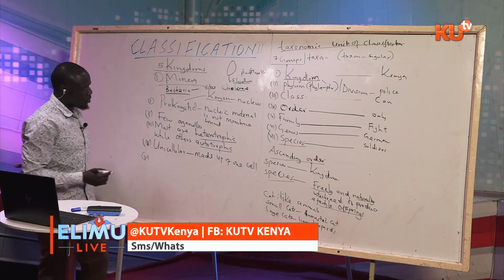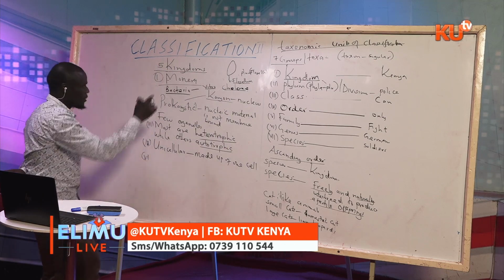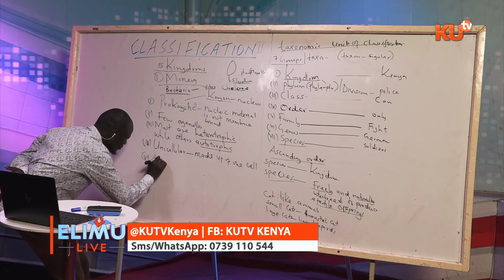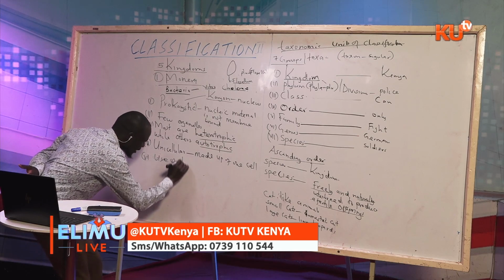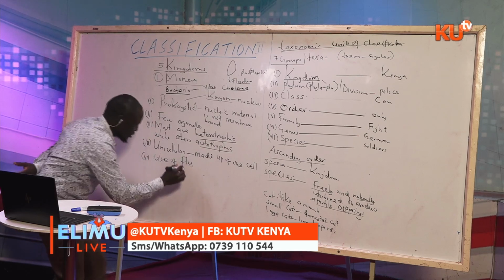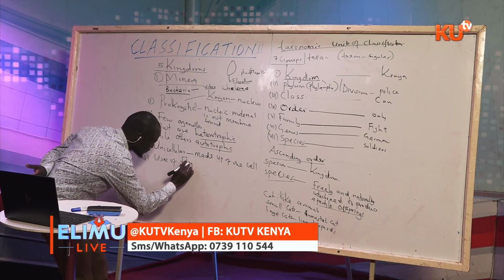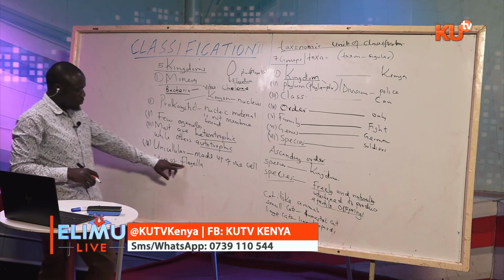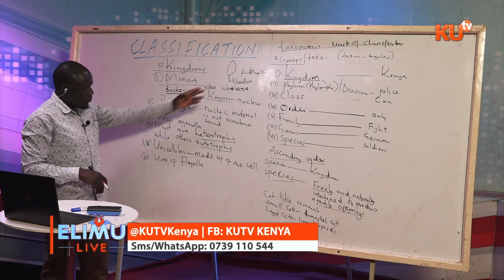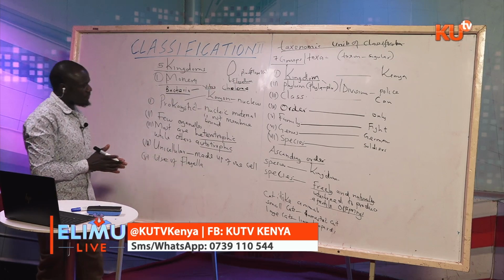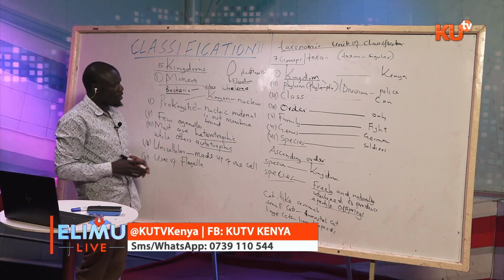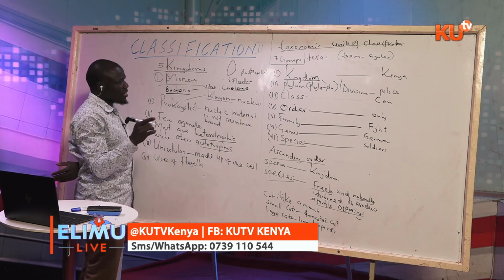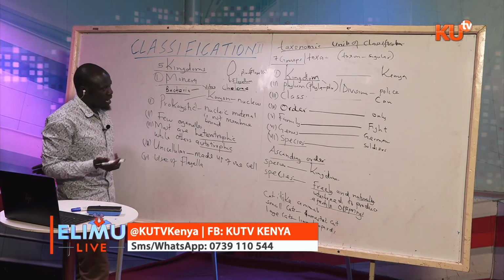So some of them move by use of flagella. That is how this bacteria is able to move, by use of flagella. Most of them have got these flagella that they use as a way of moving from one point to another. Then another characteristic apart from movement and locomotion that we learned,